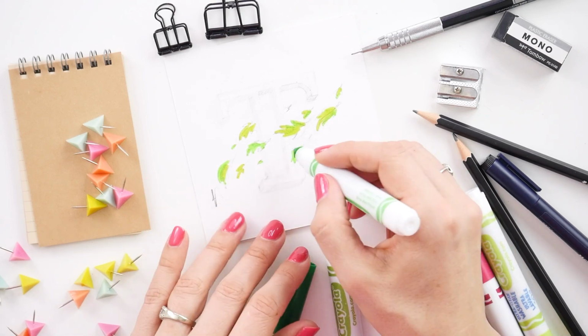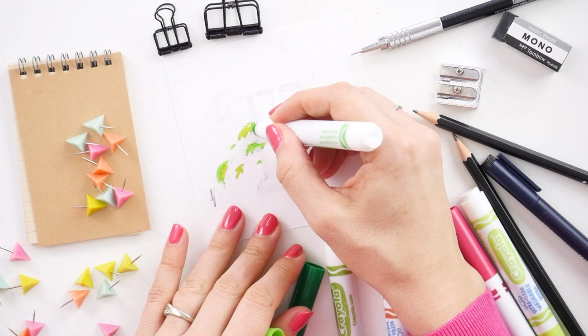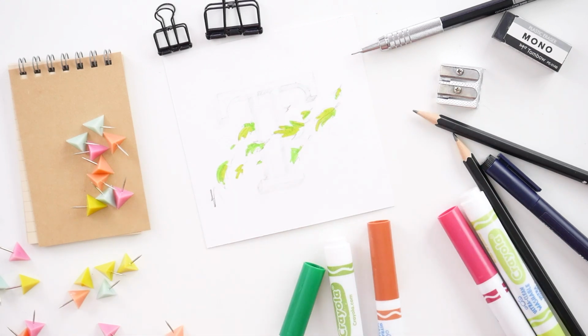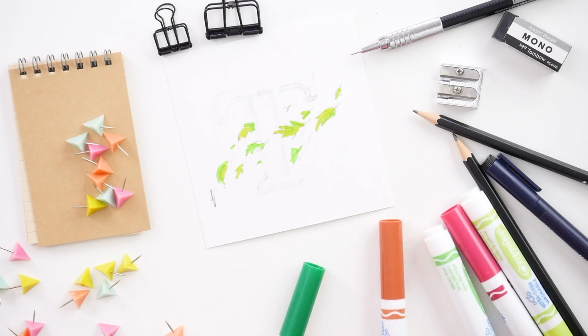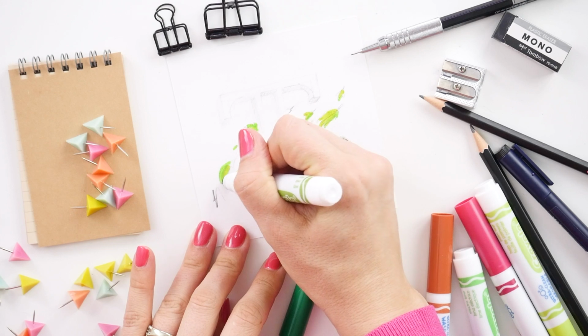See right there, I went into the tea, but because this is the lighter color, I'm not too worried about it. I can go in and touch it up afterwards. We're moving on to our next darkest color. Start to build up